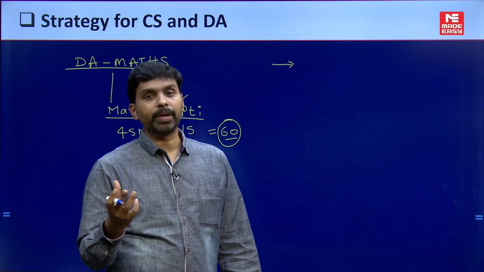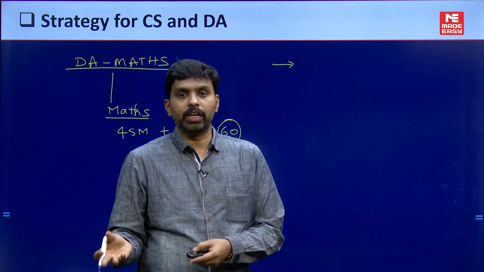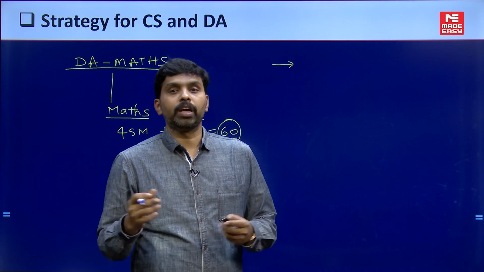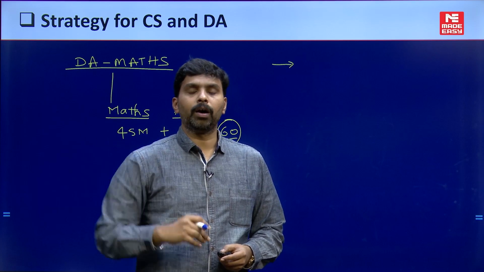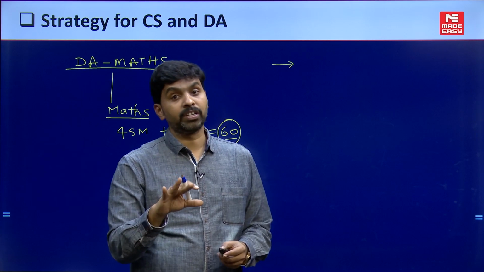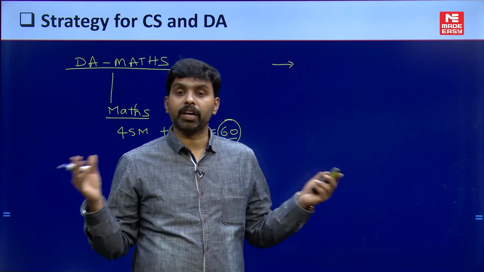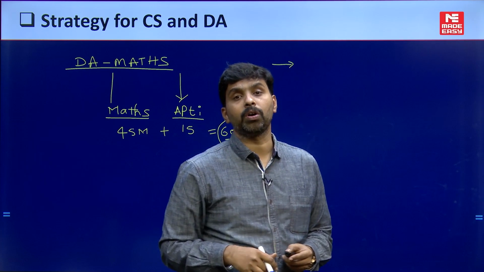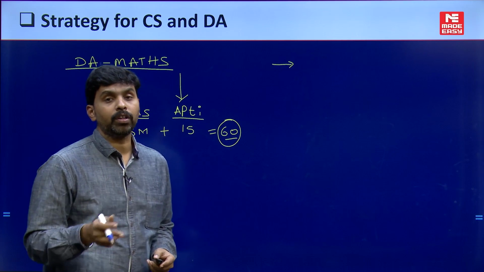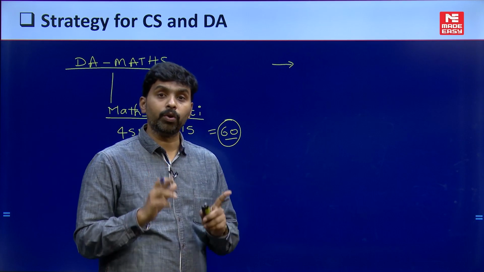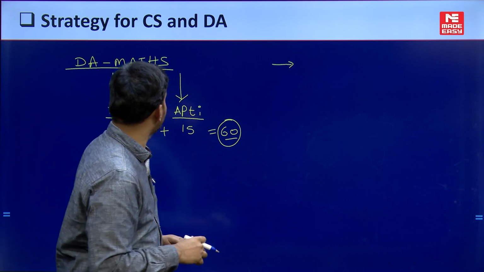But okay, for you there might be a little bit of an advantage, right? This is only the second year that the DA paper is being conducted, so you might expect a little bit of an easier type of question. But coverage is obviously as per the syllabus, so you need to go for the entire coverage of the syllabus. You cannot miss the extra concepts that are there in CS mathematics. You have to go for the entire syllabus of the DA paper, then only can you score these 45 marks. Okay, so this is what I wanted to say.